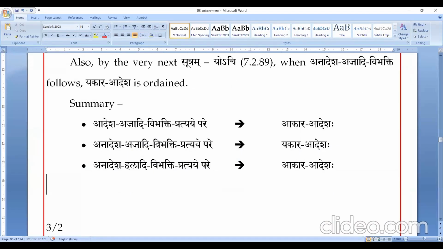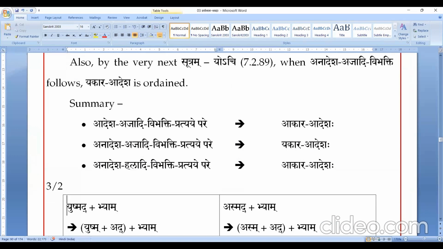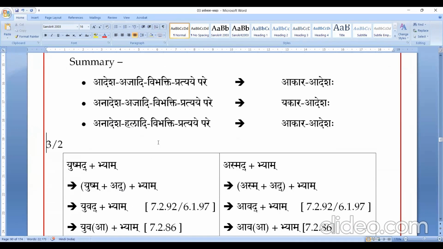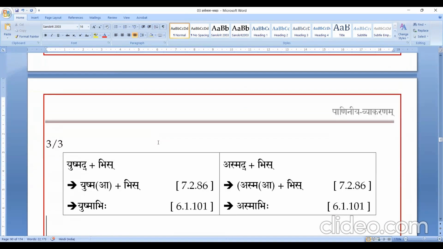Now, therefore, by this, yam nidu. Yam is aladi vibhakti pratyaya. Anadesha aladi vibhakti pratyaya. Therefore, akaradesha: yuvabhyam. Then 3-3: yushmad plus bhis. Aladi vibhakti pratyaya, anadesha aladi vibhakti pratyaya. Therefore, yushmad will get